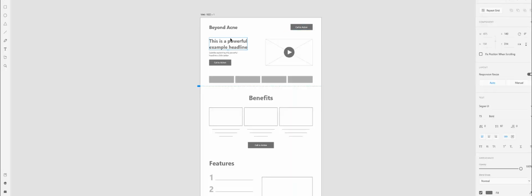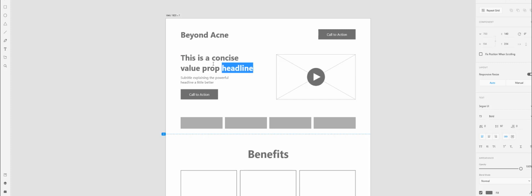So here's your powerful headline. It's meant to be a clear value proposition. This is a concise value prop headline. So it needs to be extremely clear and concise as to what your value proposition is. What's the big benefit? What do you do exactly? In ideally less than 5 words,